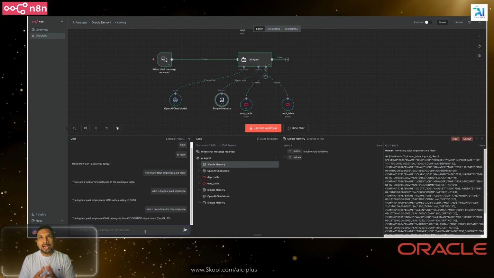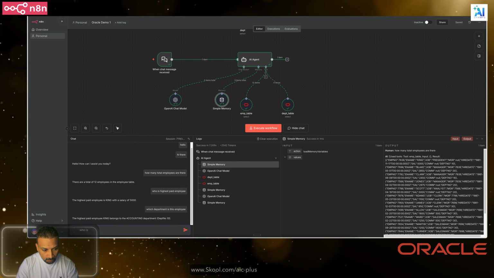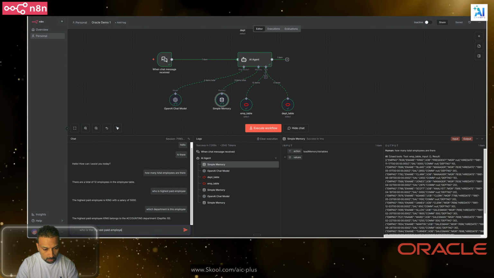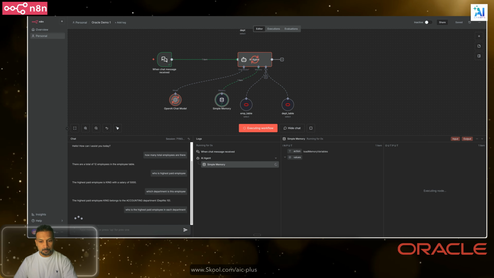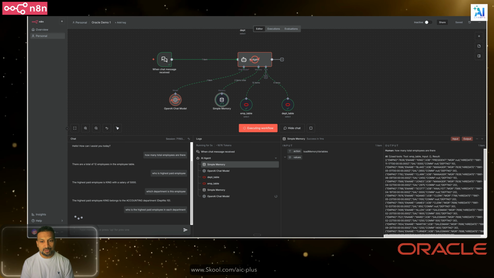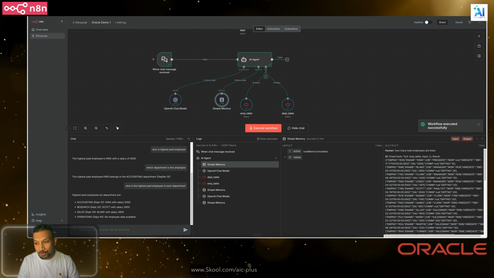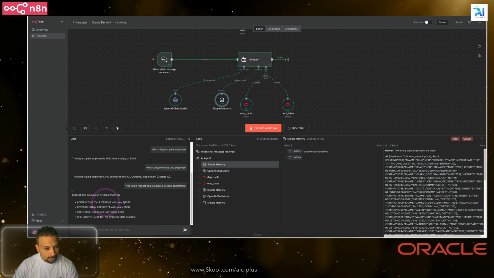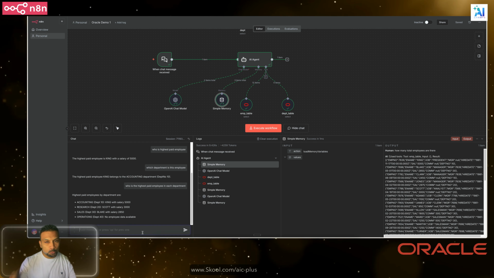Let's find out who is the highest paid employee in each department. I don't know if it is going to fit in the 500 character or 400 character limit that we gave it, but I certainly feel that the OpenAI chat model is behaving faster over here as compared to Claude. And there we go. King is the highest salaried employee,